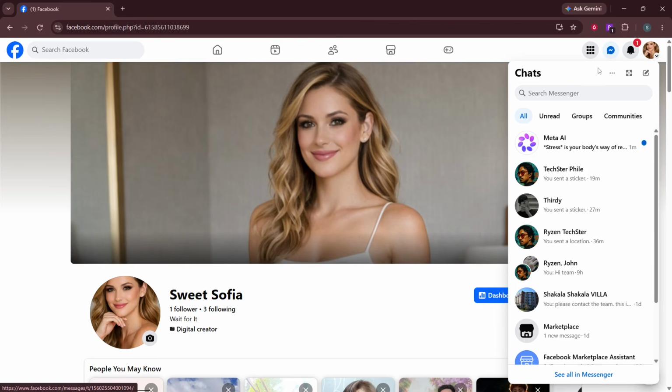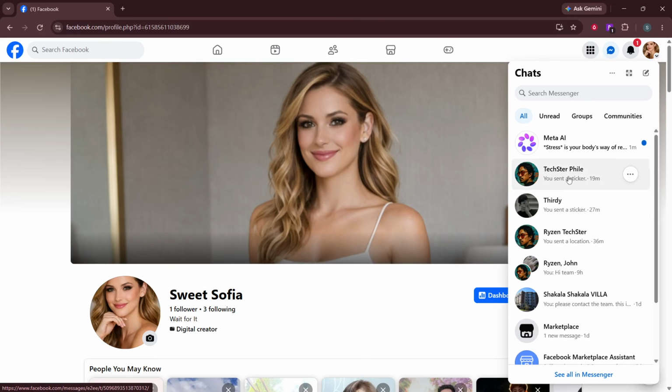From there, open the chat with the person you want to send the file to. In the Messenger view, you will see a list of people and groups on the left side. Click the name or conversation of the person who should receive the file. The chat history will appear in the main area, and at the bottom you will see the message box where you usually type messages. Seeing the past messages is a good sign that you have the right chat.